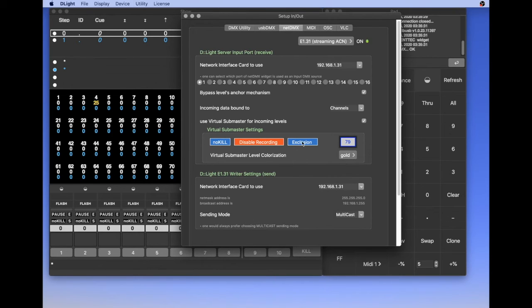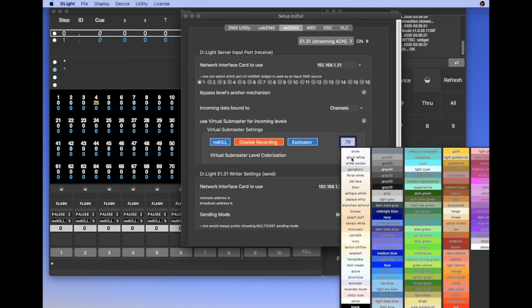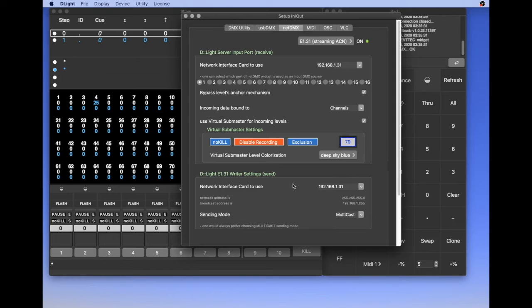Here there are more or less the same options as for a submaster, but we will see the options for the submaster later. You can also choose another color if you don't like the gold one. You can do what you want. Okay.